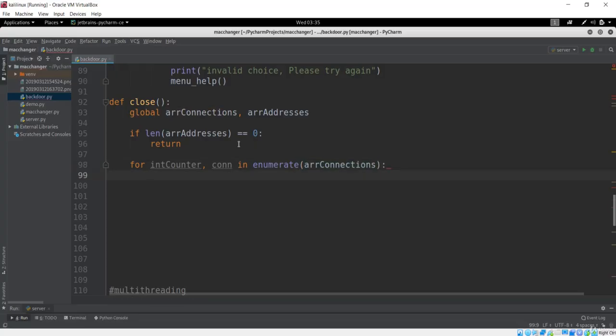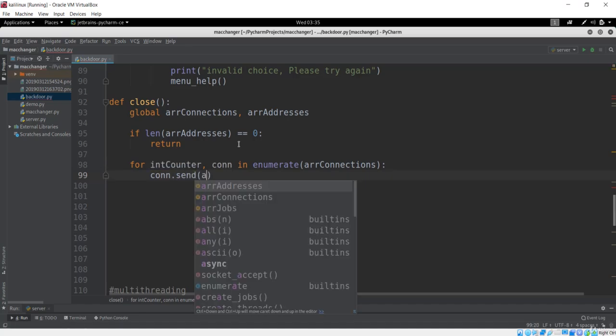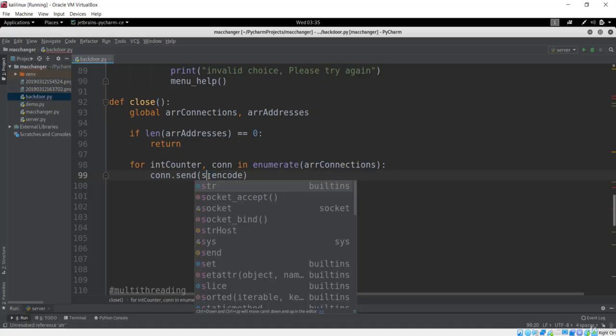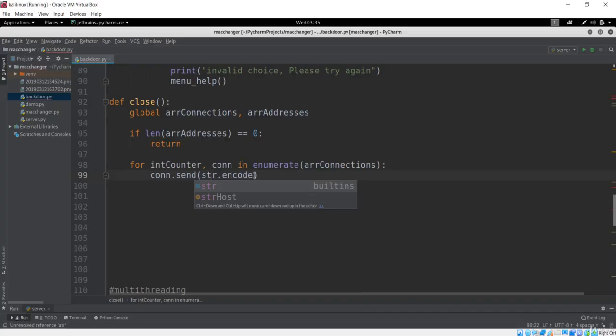So first of all I'll just get that array connection that is connected with this server. Let's get that, and after that I want to send now, that is the string and encode, and okay, this is str string, and we have to first encode this. So in order to encode, what you're gonna do is we'll just say exit is the method that is going to be sent to the client. So we are just sending this message, that is exit message, to that cmd shell, or basically which the terminal Python code will be running.